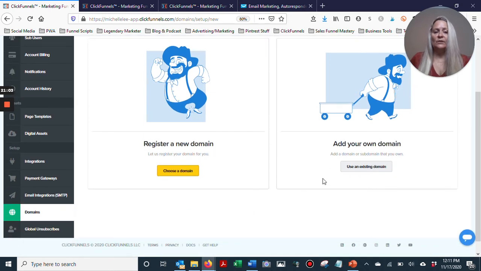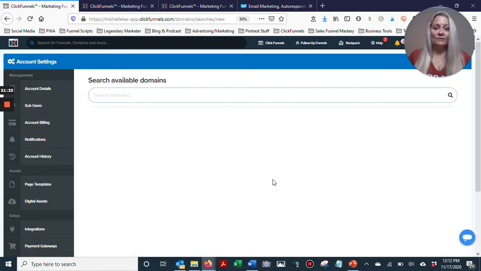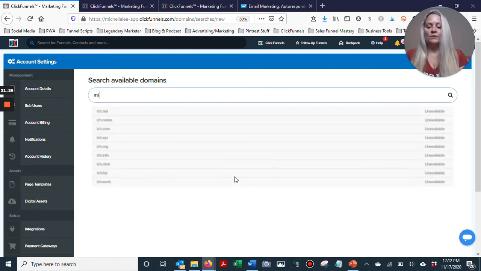Now, you can either add your own, which is an existing domain that you've bought from GoDaddy, PurchaseYour.com, whatever website that you get your domains from. Now, if you don't, and you're just going to have the one domain, you can actually choose a domain from ClickFunnels, and let's do a search on my name,